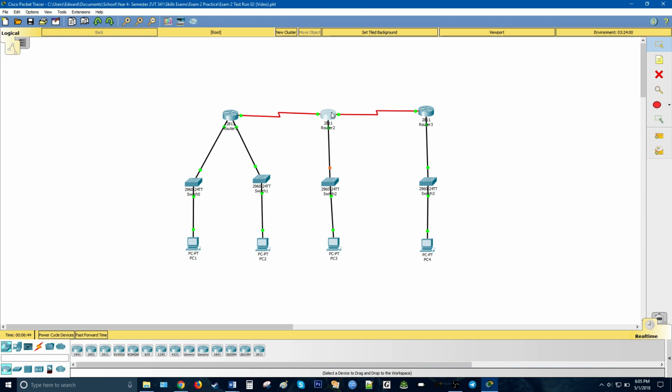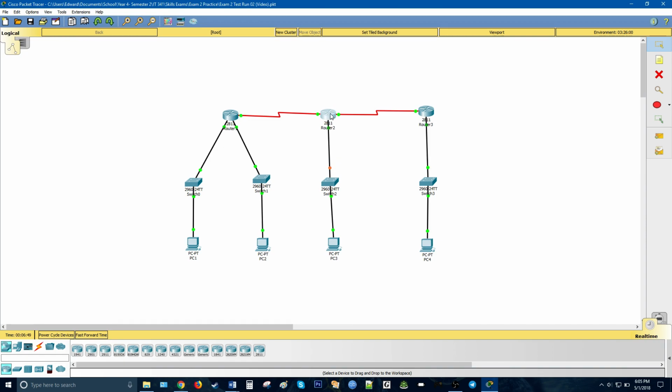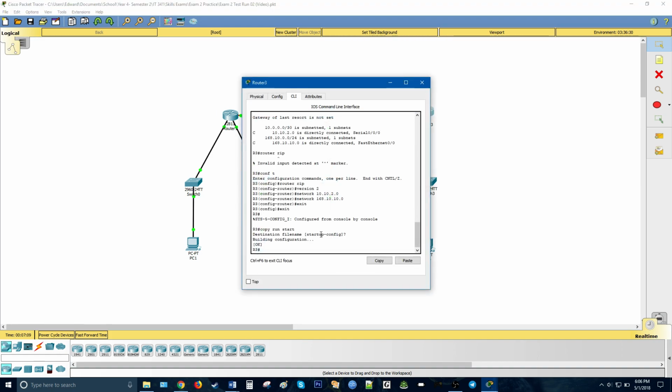Hang on. If I hover over router 2, we'll see that we have FastEthernet 0/0 and FastEthernet 0/1. You're going to have serial links to connect the router to the router, but this area here is basically the LAN. So the LAN interface would be this interface of the router here, which just so happens to be FastEthernet 0/0. So if we go to router 3 and we do